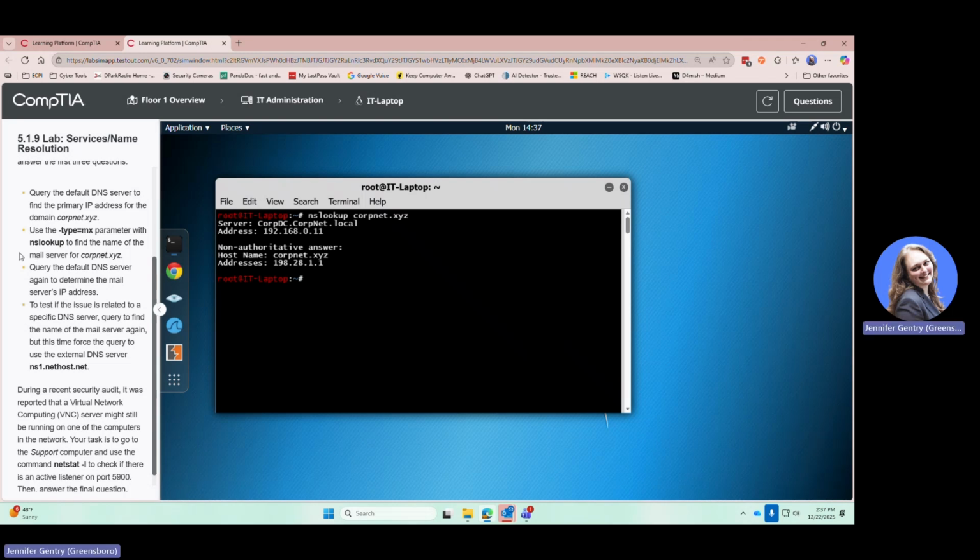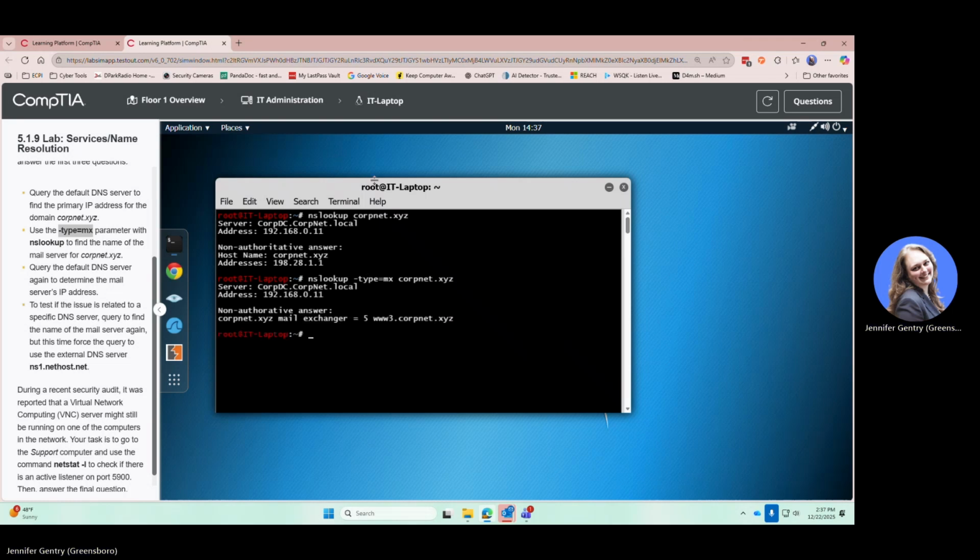Now my second bullet on the left does give me the parameters of type equals MX. That will give me mail server information. So I'm going to say nslookup, and then type equals MX, and then I'm going to put in my corpnet.xyz. Now that's not the IP address. What that gives me is another